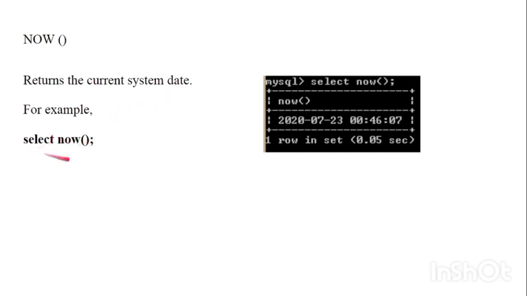So select now is the statement to return the current date and time. So when we write the command select now, it will show the current system's date and time.